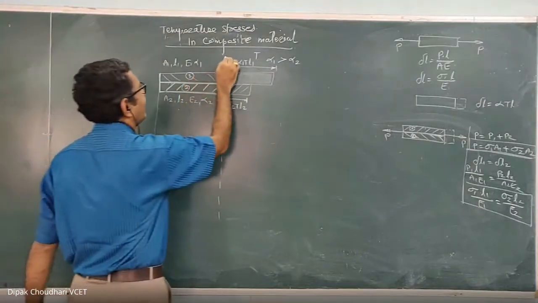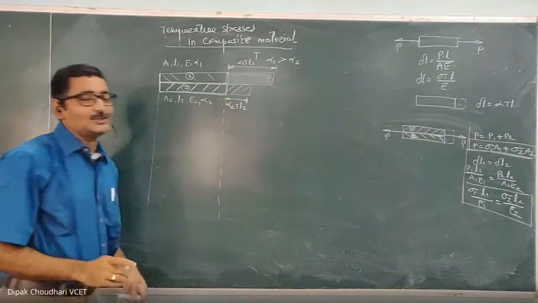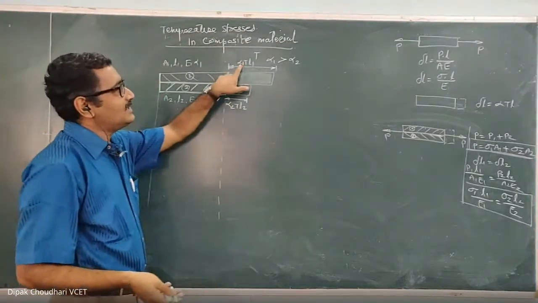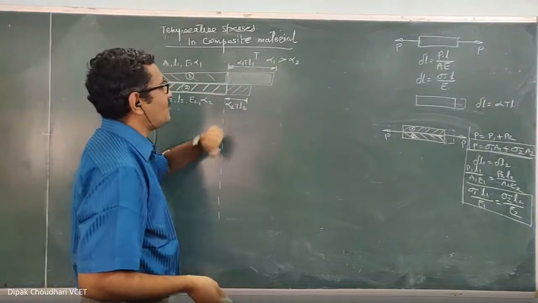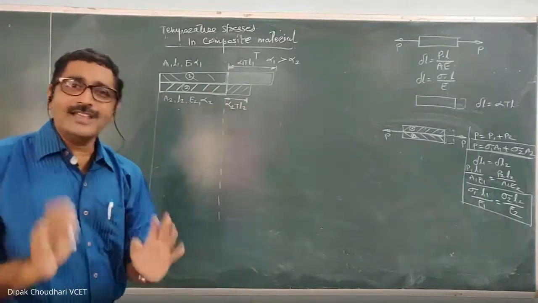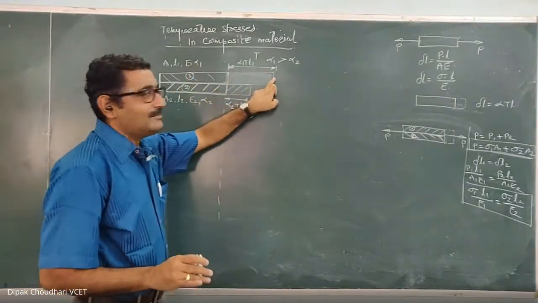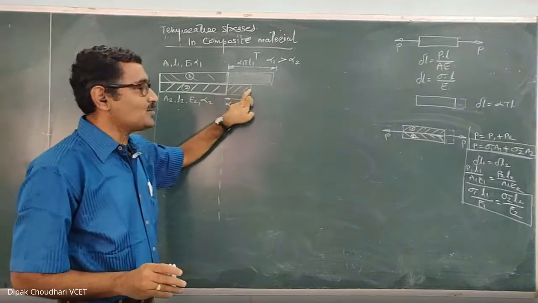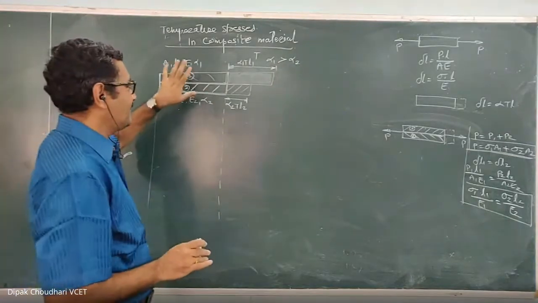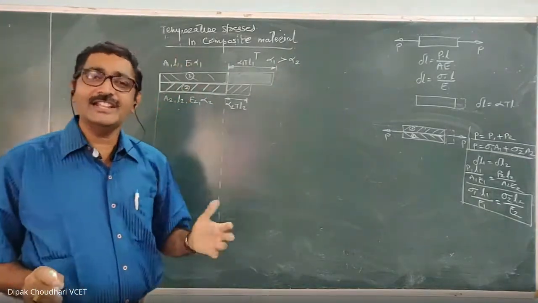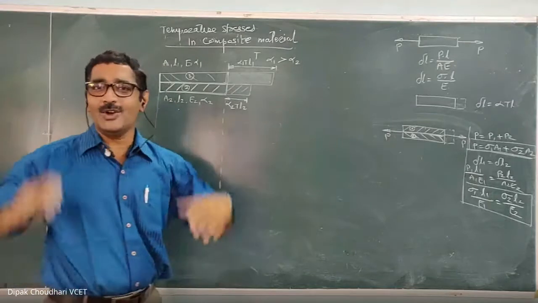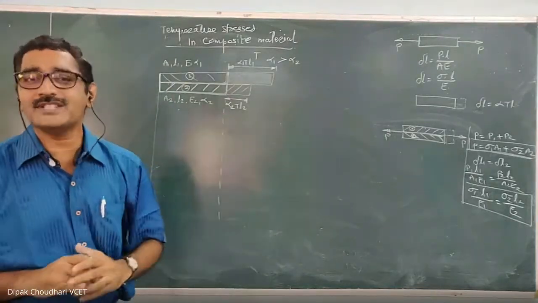You can say these are delta L1, or keep it like this only. Let us not say it as delta L1, I am going to use it for some other purpose. So this is the free deformation of material 1 because of the change in temperature, and this is the free deformation of material 2. Is that clear? Why is the deformation of material 1 greater than the deformation of material 2? Because alpha 1 is greater than alpha 2, that we are assuming. Second thing, actually the materials are rigidly connected, but for explanation I am assuming that these materials are free to elongate. They are not rigidly connected and they are free to elongate because of the change in temperature.